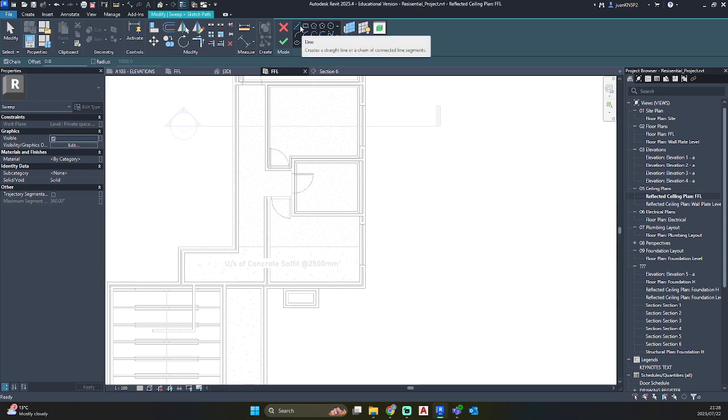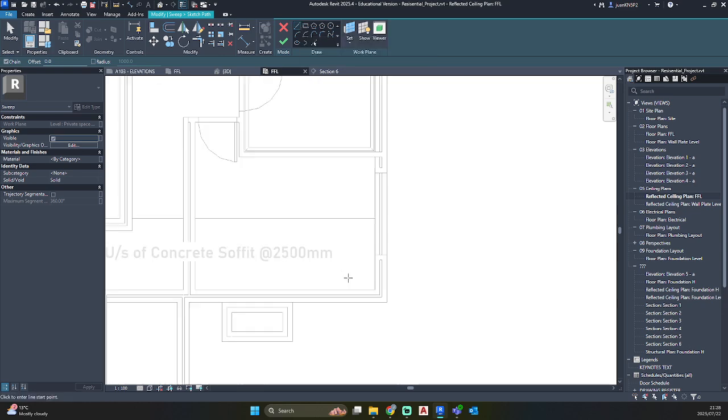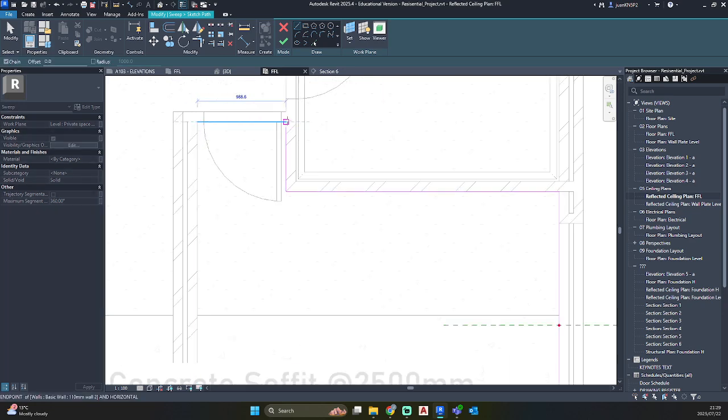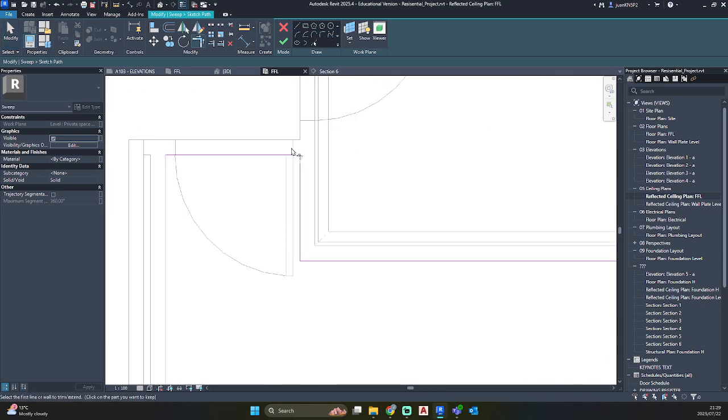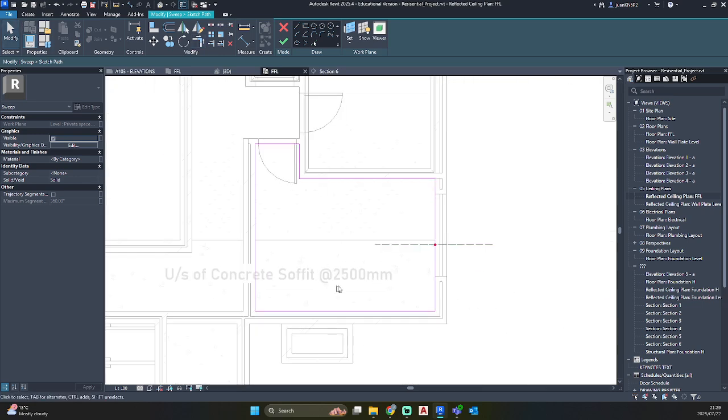Now I'm going to use my line tool. Remember, at this part we are taking it underneath our concrete soffit as well, because that forms part of our room.